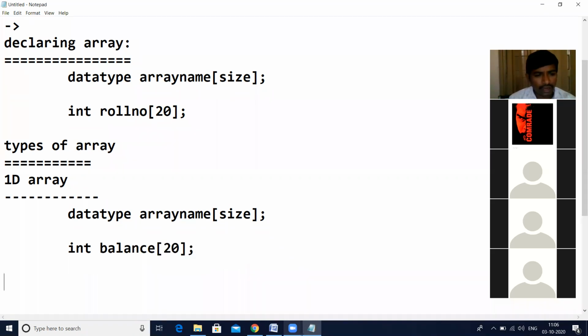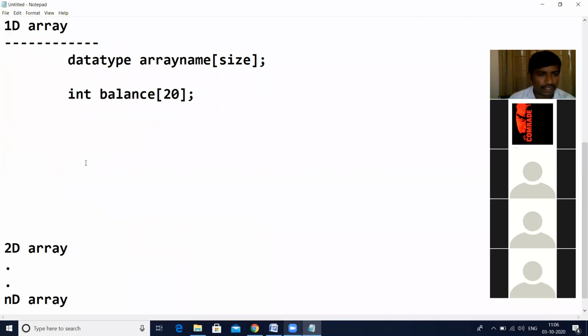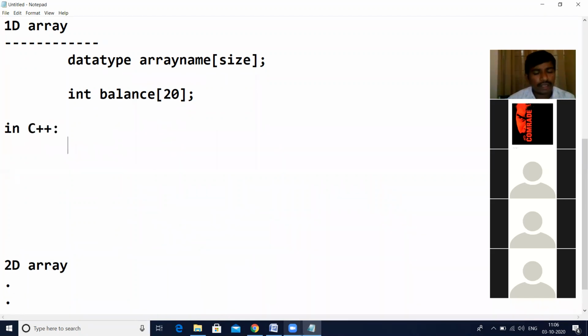So this is how to initialize using C++. In C++, how to assign the values to this? We can assign the values individually, otherwise while declaring also. Here, for example, we are taking balance.